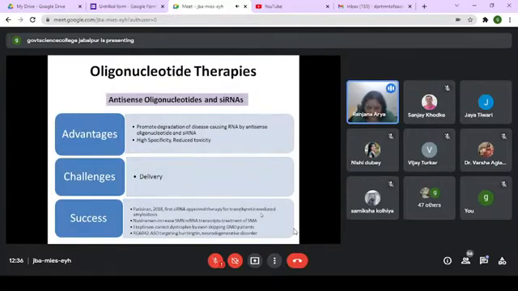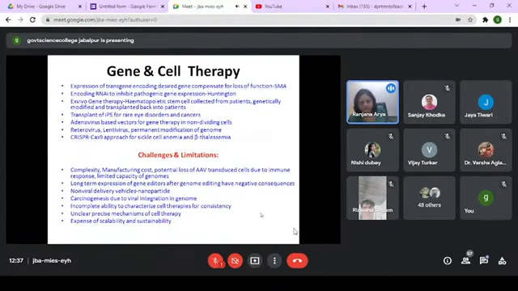Similarly, if you have to correct the dystrophin by exon skipping, if you see that there is a defect in the dystrophin exon in the DMD patients, then you can give eteplirsen, which is also an oligonucleotide therapy given to the patient. And recently for Huntington, an antisense oligonucleotide has been identified, which is RG6042, and that has got FDA approval for treatment. Next slide, please. So when we are looking at these different therapies, I'm just coming to the last one before I discuss my research quickly.